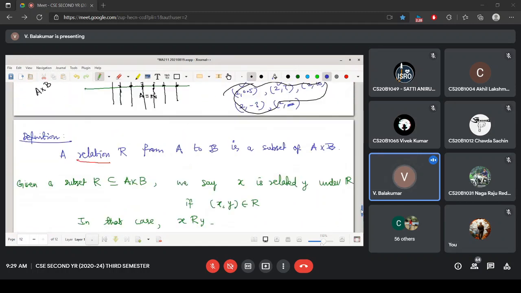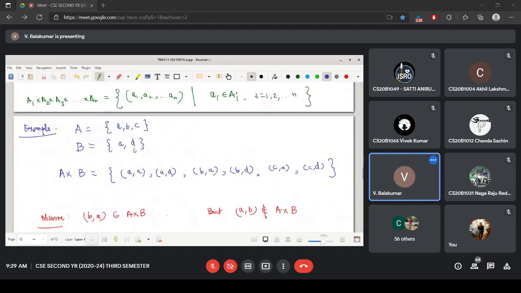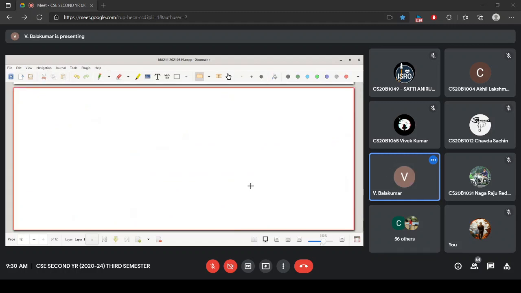Why is it not working? Sorry for the delay. You want to copy this down? I don't know. If it is not pasted here, write it down. Okay, I don't know why. Let me rectify it. Before that, instead of wasting time, let me write down the example.